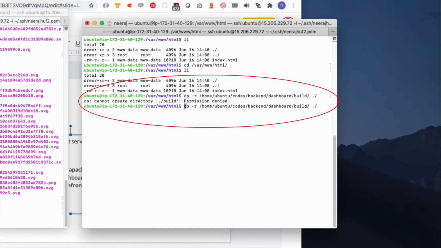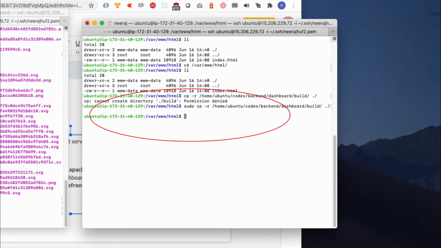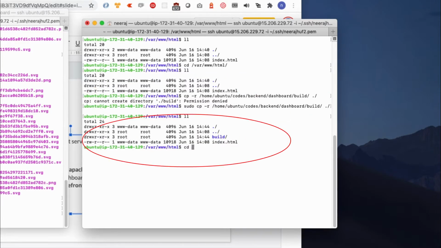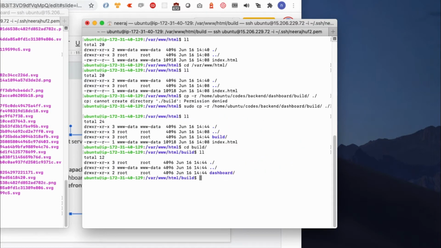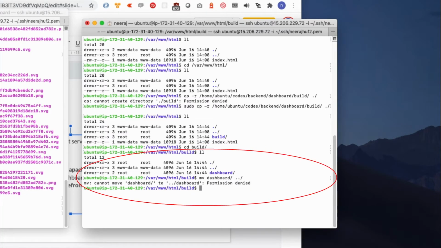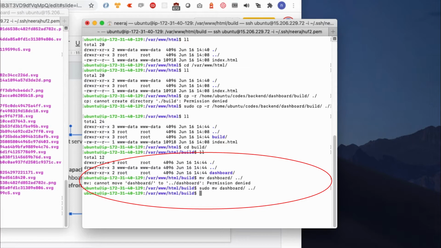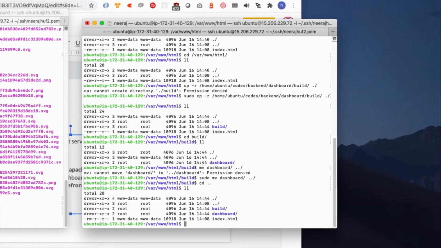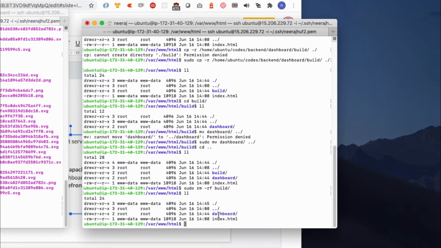It throws some permission error. Let's do a sudo cd build, move this dashboard to the outer folder. I don't need this build folder now. Yes, so my dashboard file is there, dashboard folder is there.